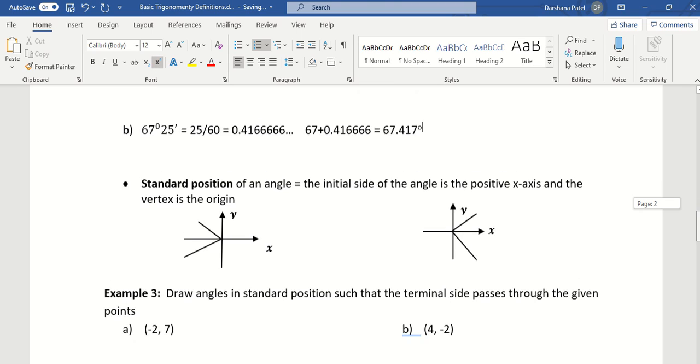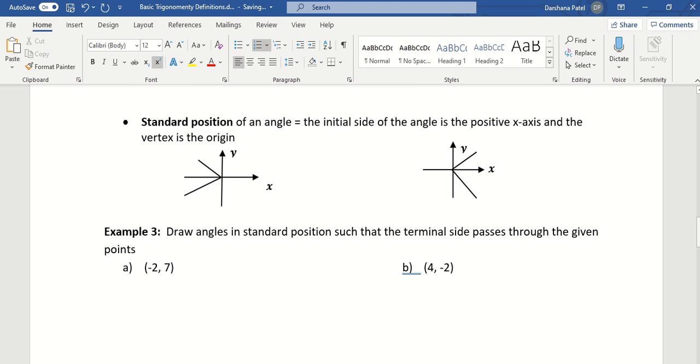Okay. Standard position of an angle is when the initial side of the angle is the positive x-axis and the vertex is the origin. So for example here, this one, the angle in standard position will be from positive x-axis until there. For the second one here then, it will be from positive x-axis going from here to here to here. For this one then, it will be just this small angle here between x-axis and this line. And for this one again, we'll go from positive x-axis in the counterclockwise direction. So we'll go from here to here to here to here. So that will be the standard position of an angle.